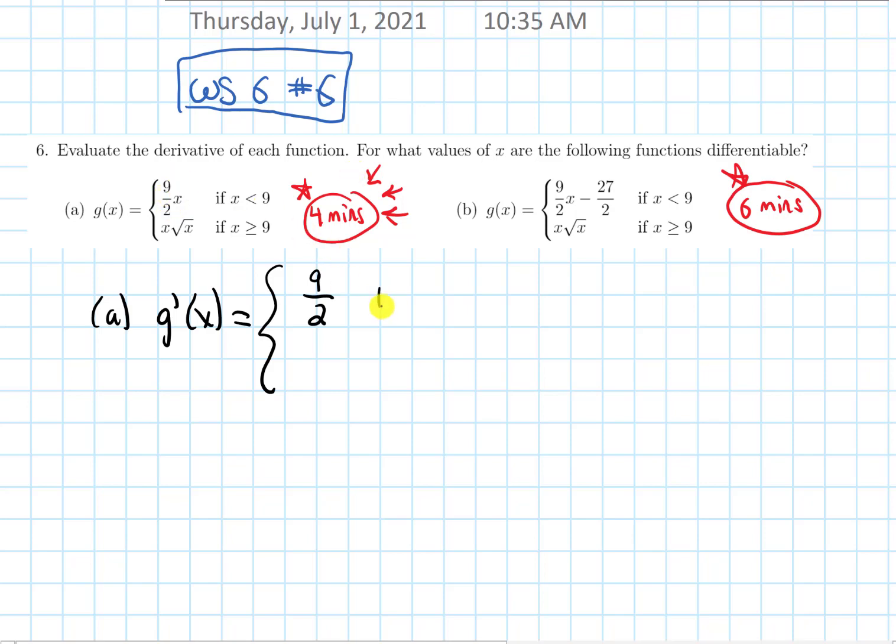Okay, and then if this is when x is less than 9, and for the bottom piece, x root x, this is x to the 3 over 2, if I simplify it. So if I use some power rule, I'll get 2/3 x to the 1/2 when I subtract 1 from the exponent. Okay, and the one thing that I have to be careful about is I can't write x is greater than or equal to 9. Right now, I have to just write greater than,